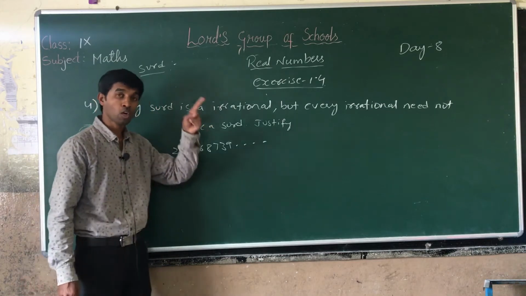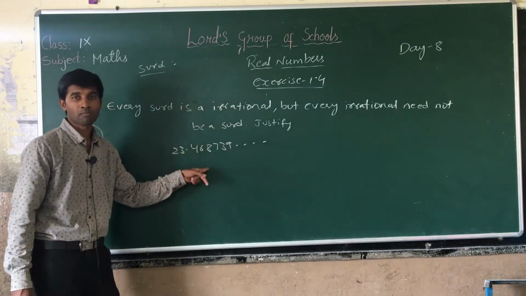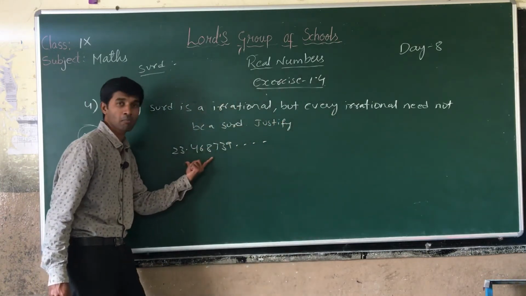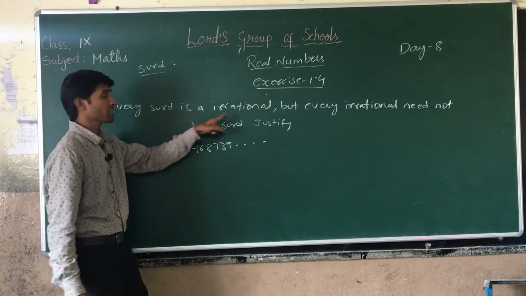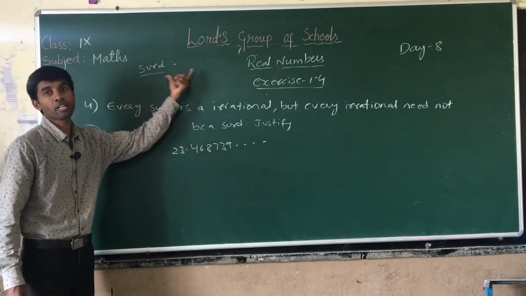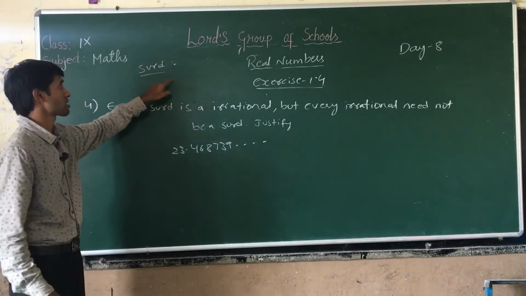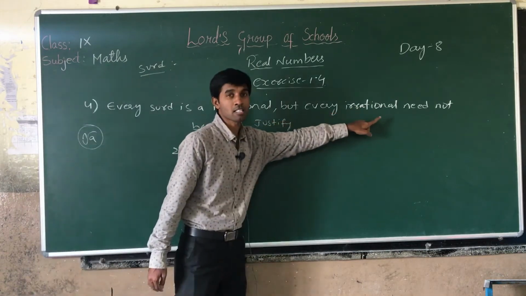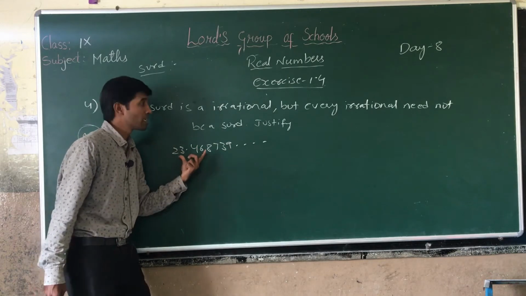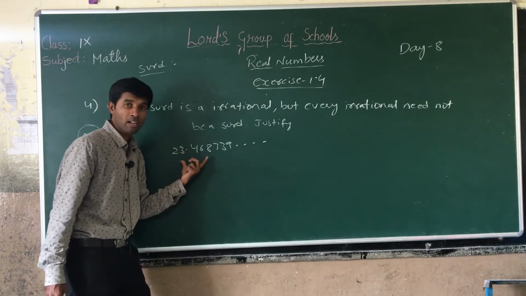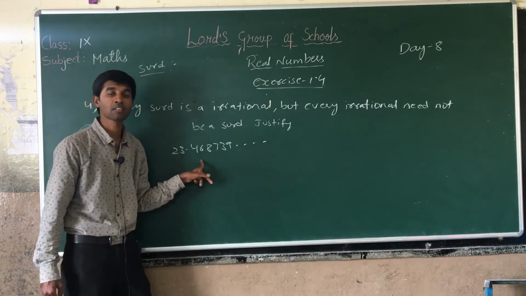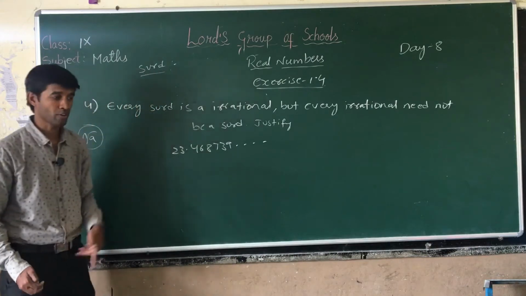Irrational numbers, I told you, come in two forms, root form and decimal form. That is why every irrational number need not be a surd. This is an irrational number, it is not a surd. Every surd is an irrational number. I told you that a surd will be in the form of the nth root of a, that is the root form of an irrational number. The root form of an irrational number is nothing but a surd. But every irrational number need not be a surd. Every irrational number also includes the decimal form, and this decimal form is an irrational number, but it is not a surd. This is the reason we have to write this. Right? Now let us go for the next one.